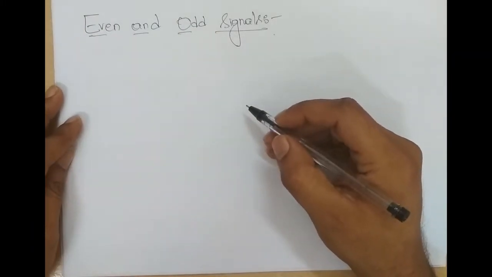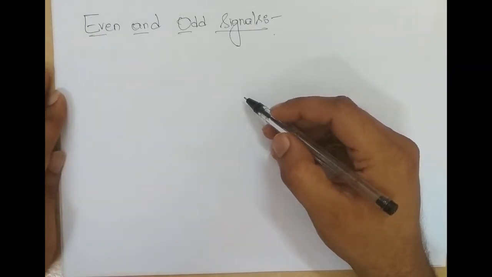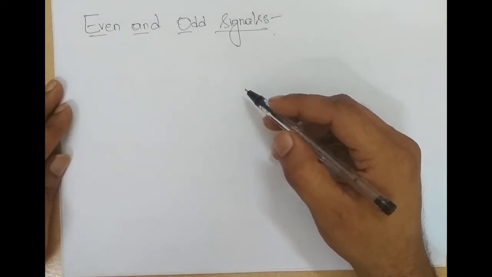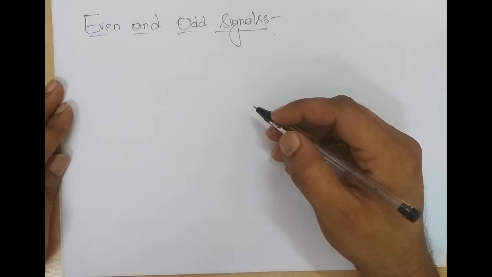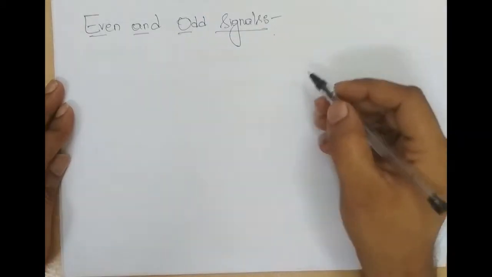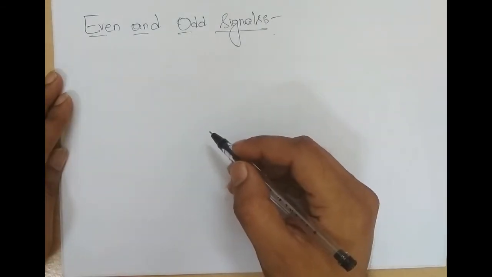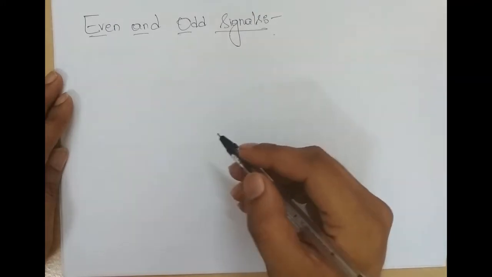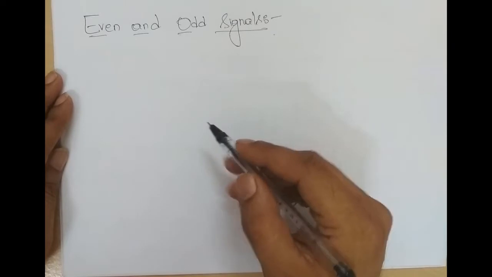In lecture 1 and 2 of signals and systems, we defined signals, we defined system, and also we classified signals, right? We had totally 5 classifications. Now, in this video, we will look into these signals in detail. I will take first even and odd signals. Before we look into more on even and odd signals, we shall try to refresh what we discussed on this classification in the previous video.